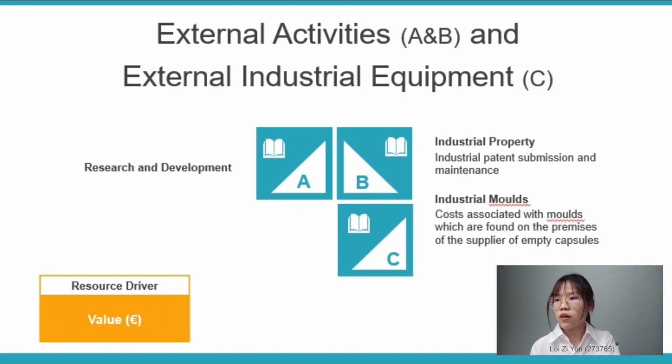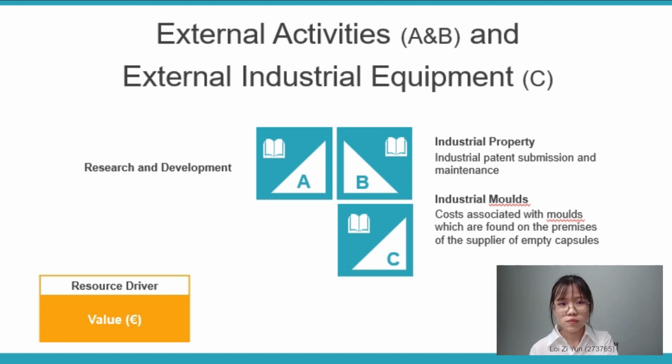Then we now discuss the last two resources, which are the external activities and the external industrial equipment. In fact, the production of the coffee capsules also includes some activities that are carried out outside, such as through outsourcing. So the activities carried out outside are classified into two groups, which are external activities and external industrial equipment. It is clear that these resources are only used for the production of coffee capsules, and they do not